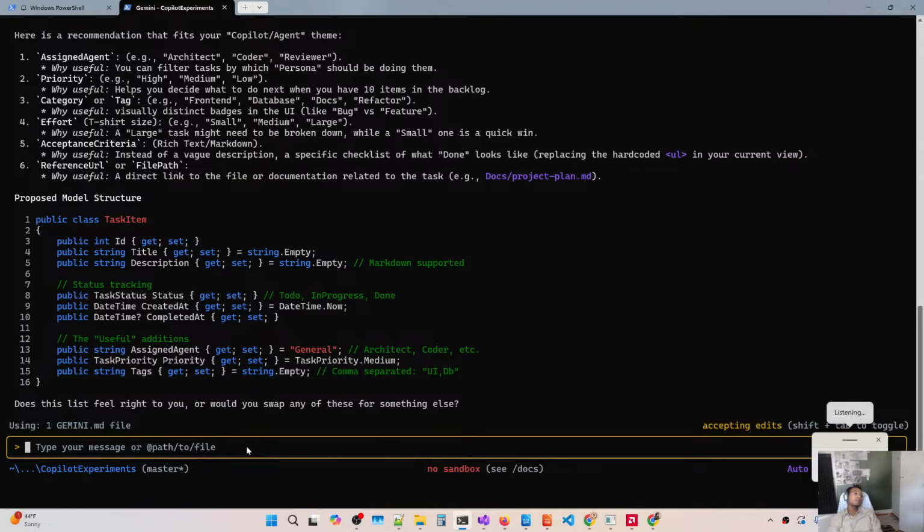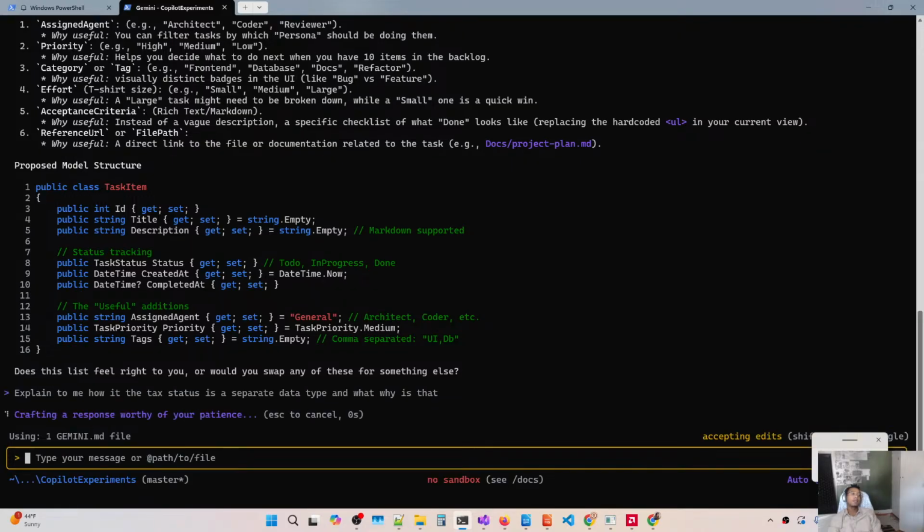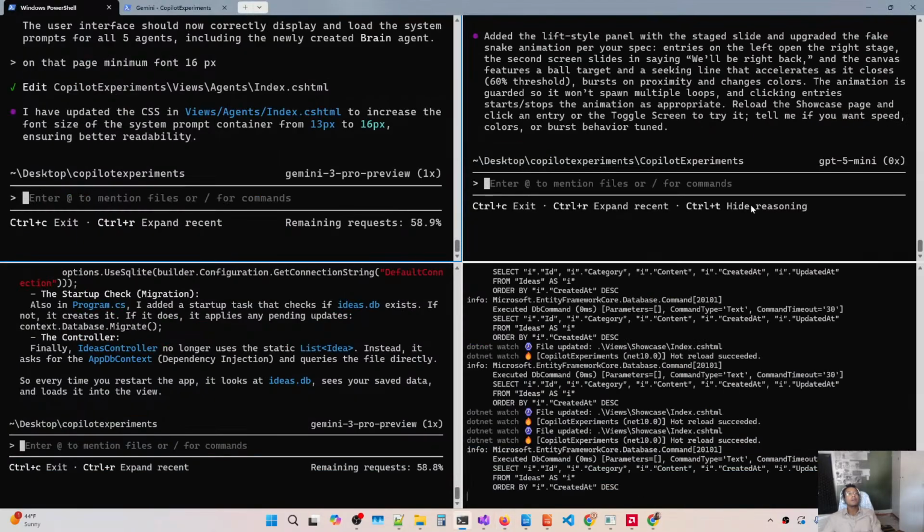Explain to me how the type status is a separate data type and why is that? So you see, we're doing actual engineering. Okay. In order to save tokens, we sometimes have to go slow so we can go fast. Now let's see what our